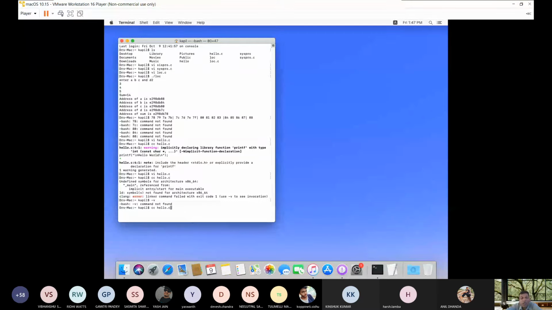Why is this error coming? Compilation has passed, no problem, but the linker does not pass because the linker is unable to link the library. Why is the linker unable to link the library? Because it is unable to find the main program. So let me write main.